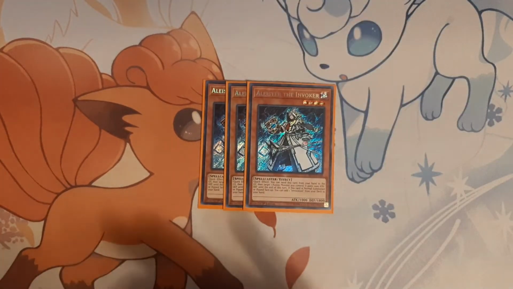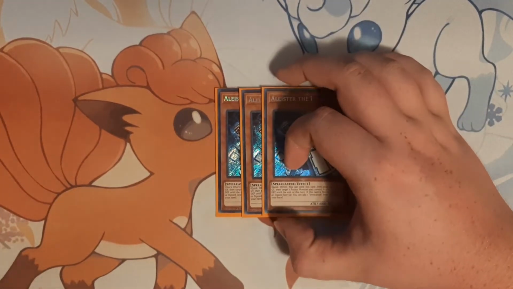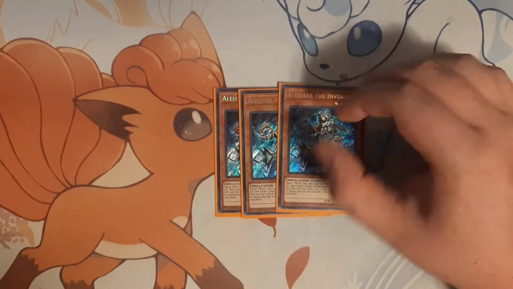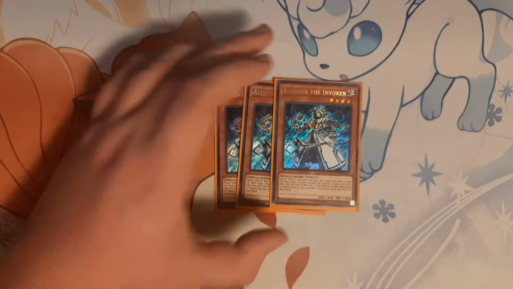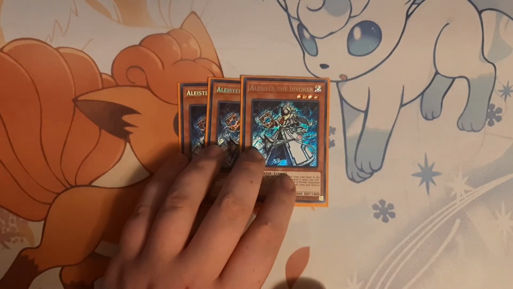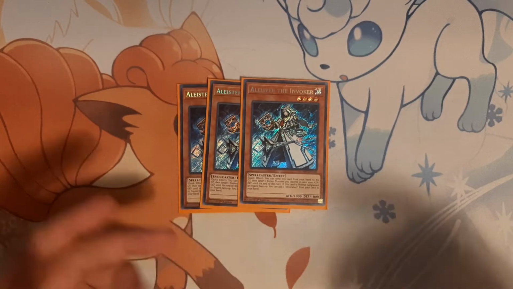And then we're playing 3 copies of Alistair the Invoker. Wouldn't be an Invoked pile without 3 copies of the best normal summon in Yu-Gi-Oh! This is actually the thing you're spending your normal summon on the most, if you draw it. If you're a good Invoked player, you draw this thing every time with Invocation and Magical Meltdown, but I'm not good at Invoked, so...